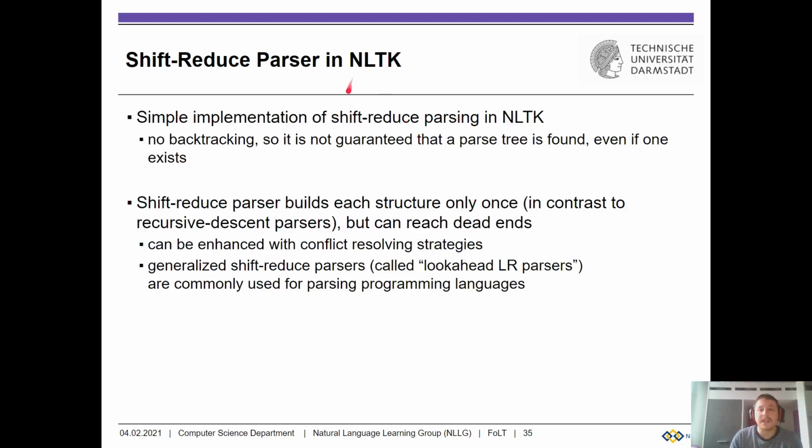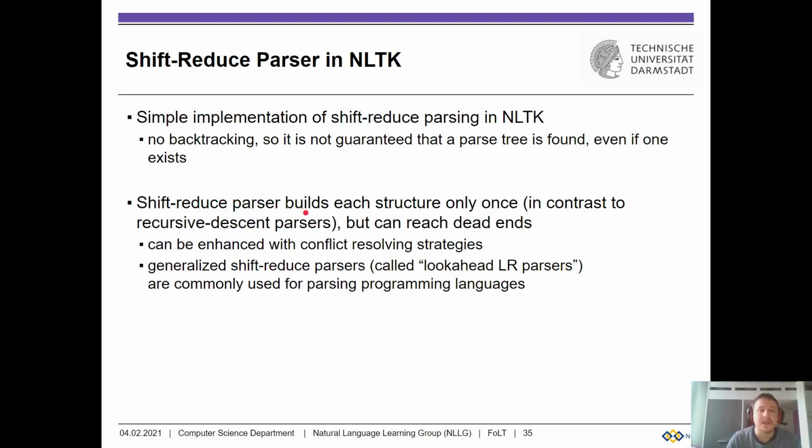So in NLTK there is a simple implementation of shift-reduce parsing, which does not use any backtracking. Because there is no backtracking, it may end in a dead end. So assume it's reducing something, and it's leaving something on the stack which cannot be reduced further. Then no parse tree will be found by the algorithm that NLTK provides, even though there may actually be a parse tree available had backtracking been made use of. Secondly,